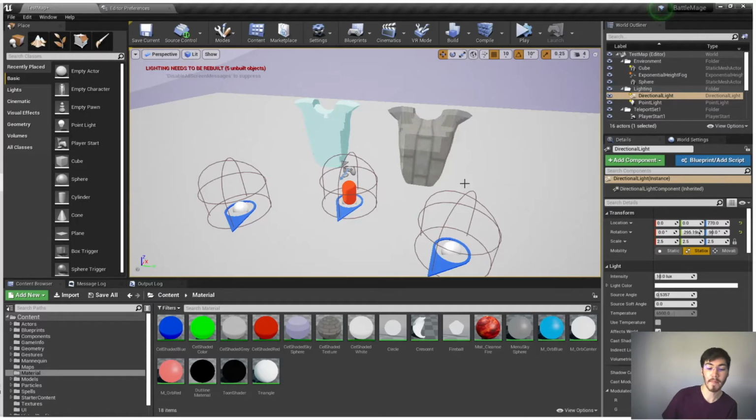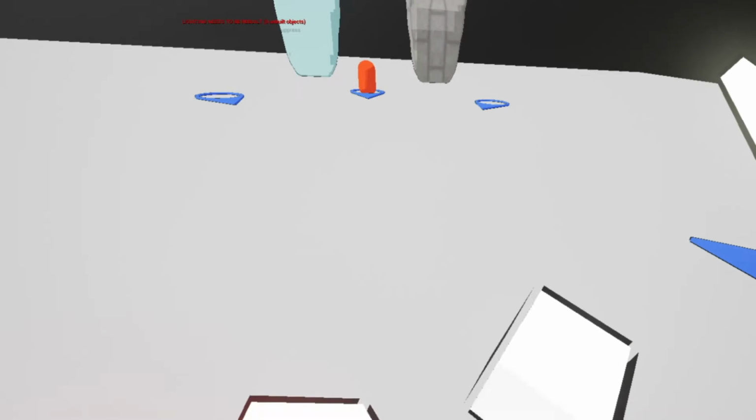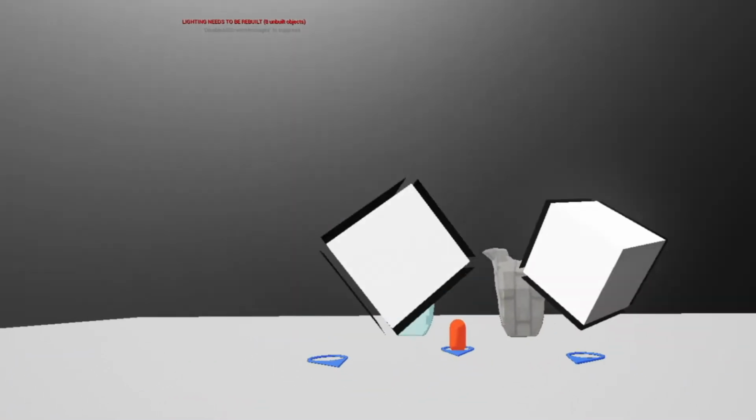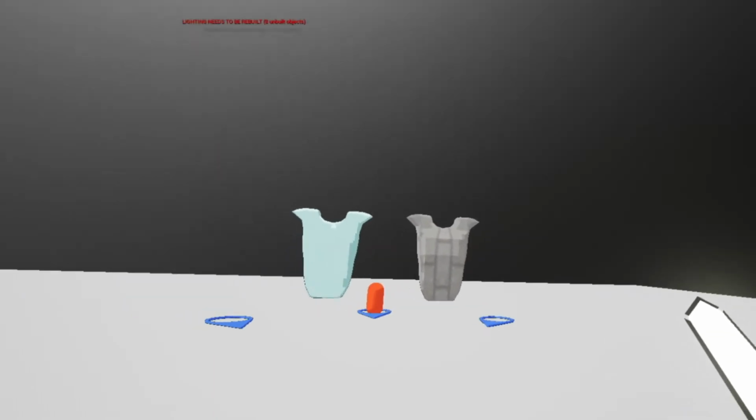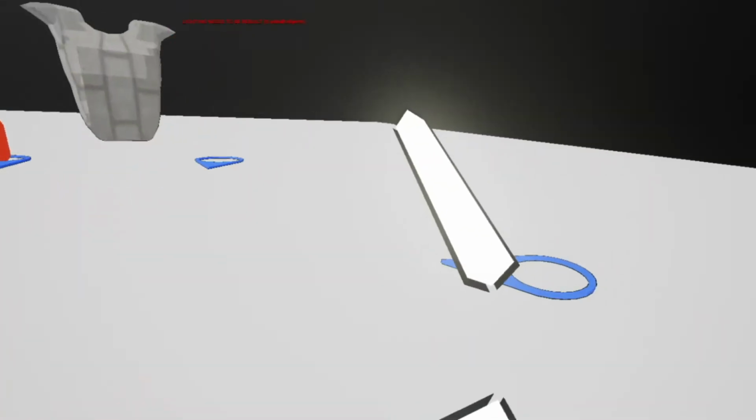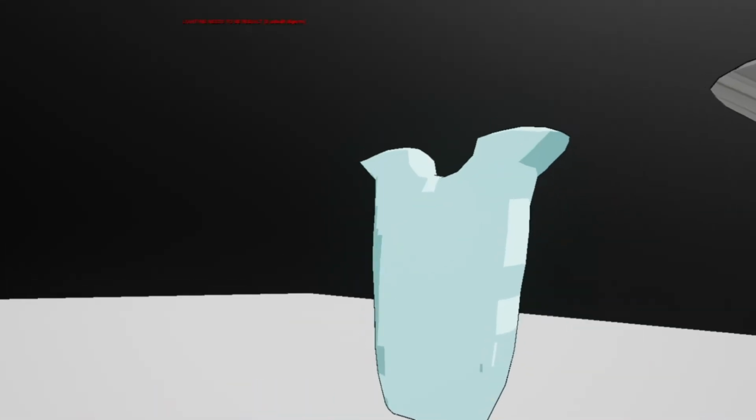On top of that, I did manage to incorporate a new spell, which I do want to show. So let me press play here. All right, so here we are. This is what it looks like from within the VR view, of course. You can see right now, I've kind of messed around with things. This is actually a good opportunity to show